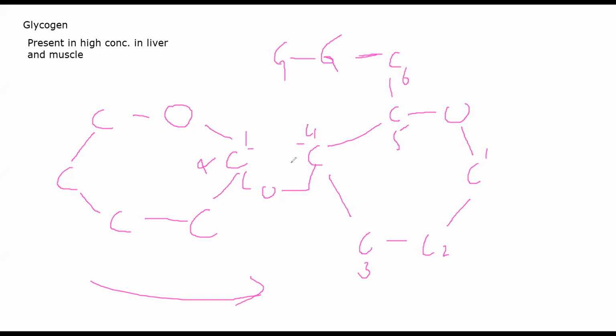Now, the molecular weight of glycogen will be around 4 lakh Daltons. Daltons are the unit of measure for molecules; Dalton is the way you measure weight. It is generally water soluble and it will give a red color when treated with iodine. If you want to identify glycogen, you use an iodine dye, and you'll get a red coloration. This is generally a reducing sugar. So this is about glycogen.